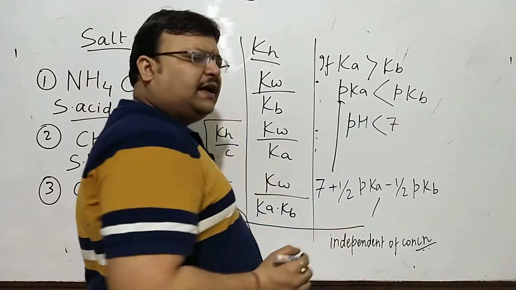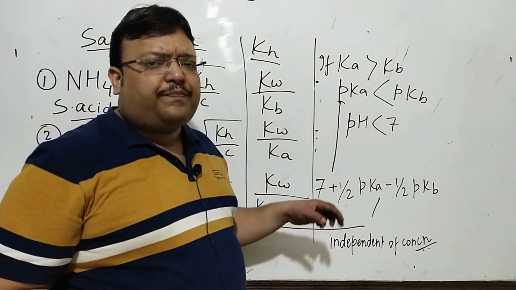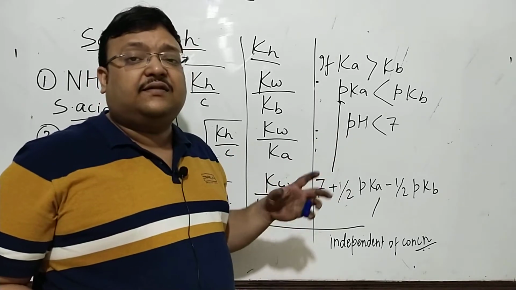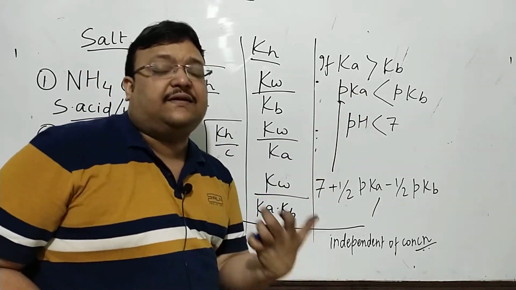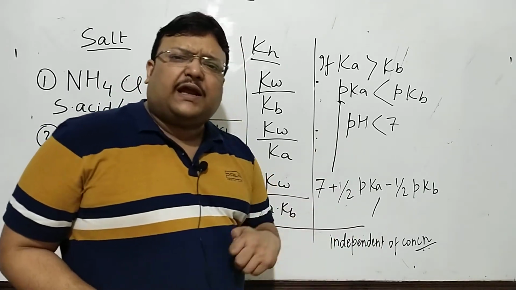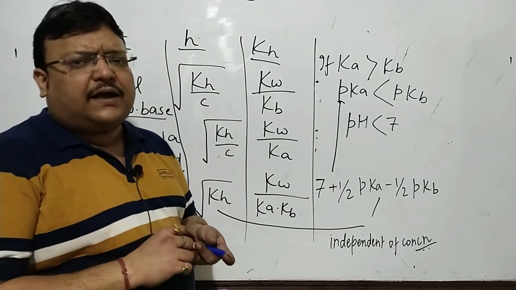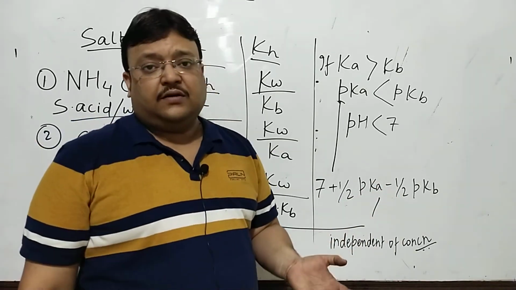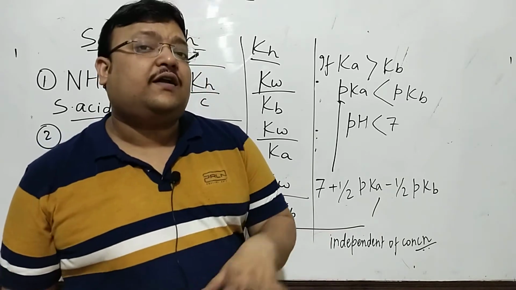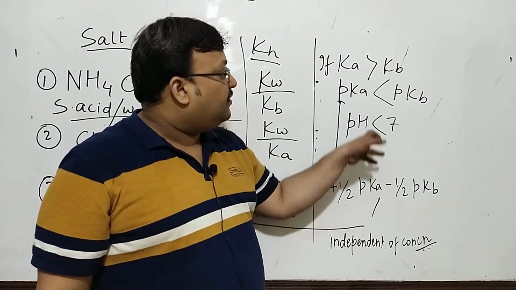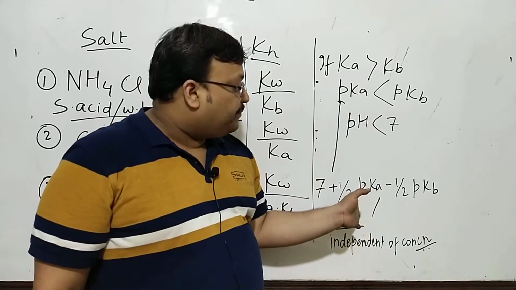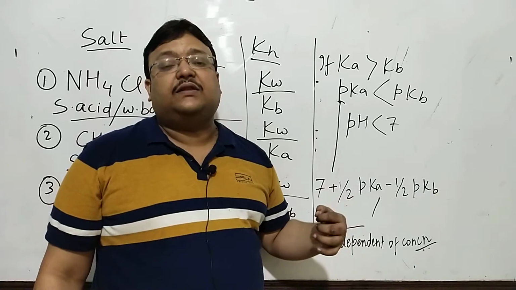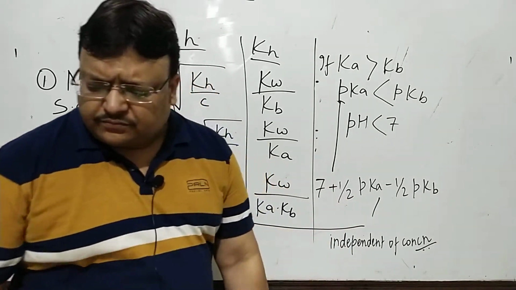pH less than 7, and yes, the formula is right because you expect pH less than 7 when the acid is stronger than the base, or in this case the base is more weak than the acid. So even this formula can be confirmed. I think you have followed me. If out of the acid and base, the base is more weak, this means the acid is relatively stronger, and relatively stronger acid, more Ka, less pKa, positive less, negative more, pH will be less than 7, and that is what you expect when the acid is kind of stronger.